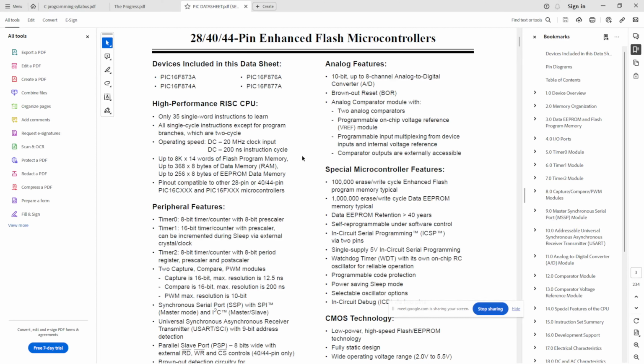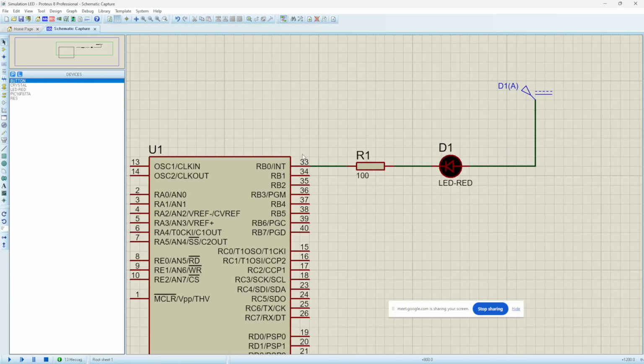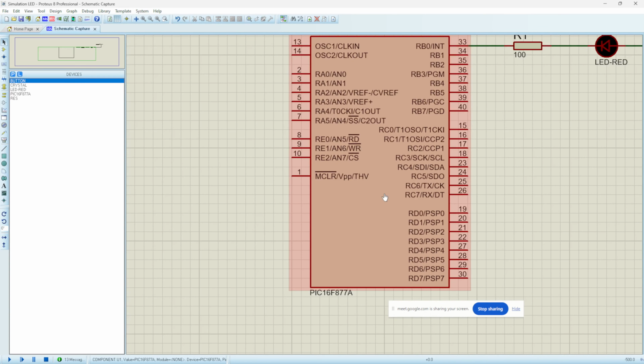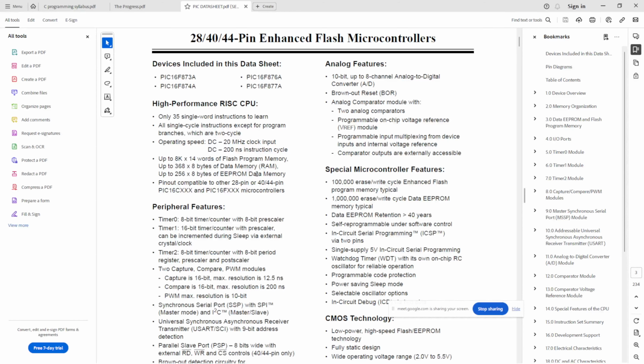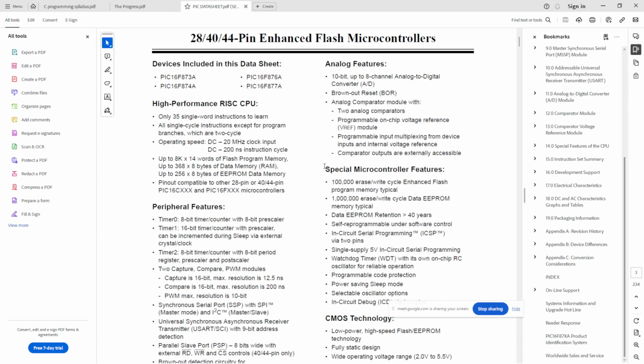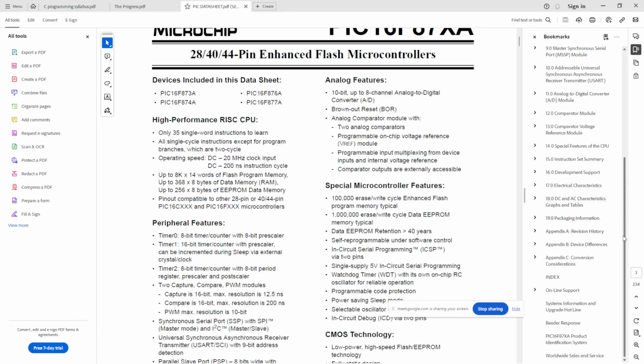I will tell you what exactly a datasheet is. A datasheet is a document which that particular manufacturer releases. This particular microcontroller is manufactured by Microchip. Microchip is a semiconductor manufacturer. They manufactured the chip and started selling it to people, I mean designers. At that time they also have to release a document into the market, so that engineers can refer to this document and